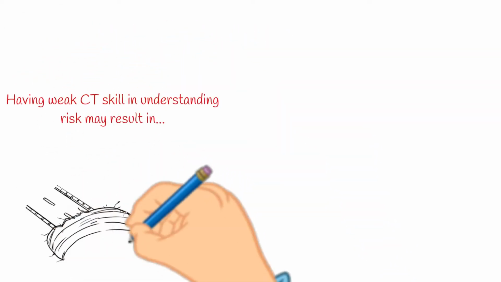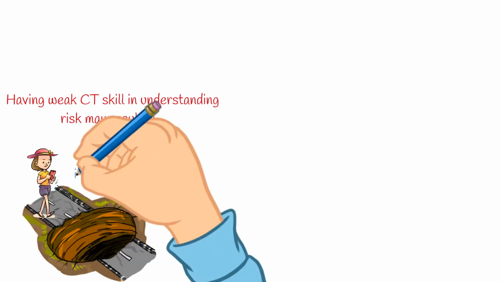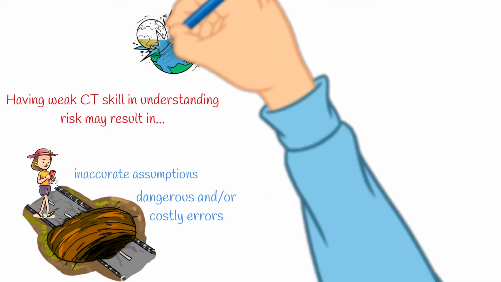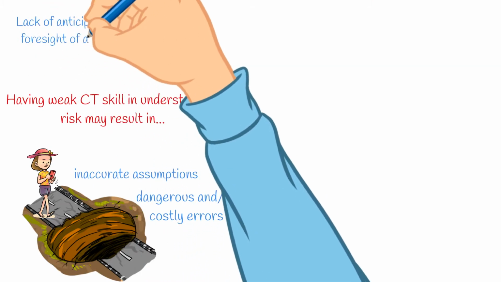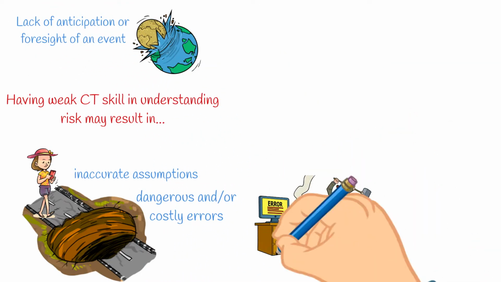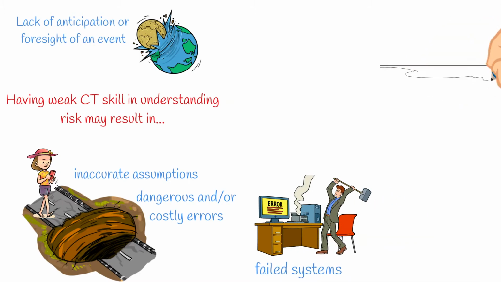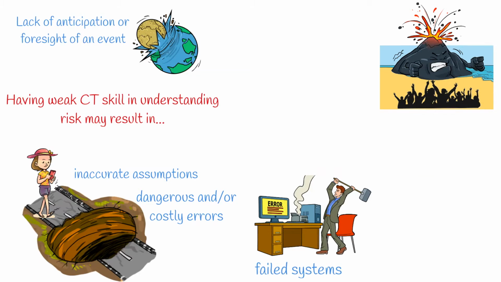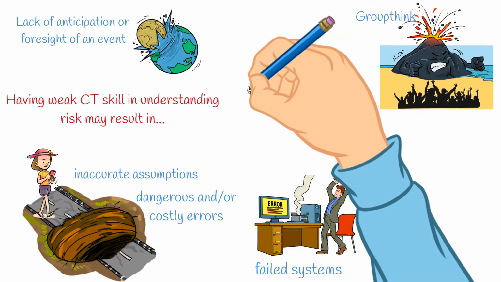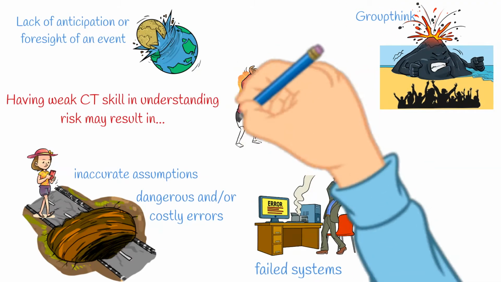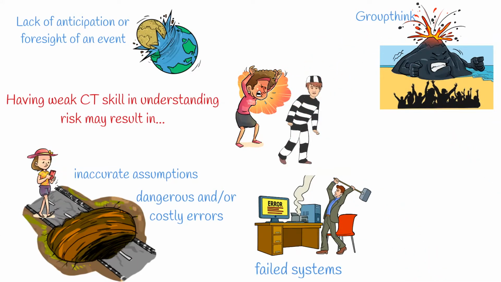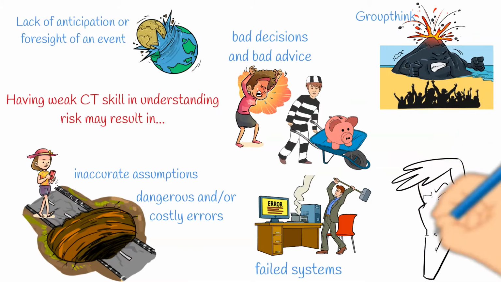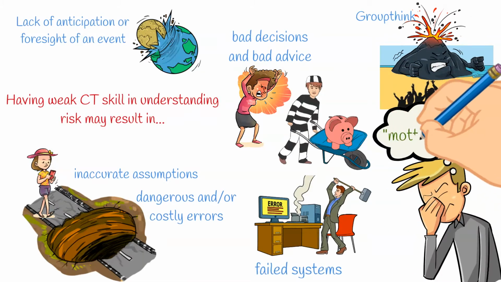Having weak critical thinking skills in understanding risk may result in inaccurate assumptions and costly errors, lack of anticipation or foresight of an event. Failed systems. Groupthink, and bad decisions or advice. This is really もったいない。